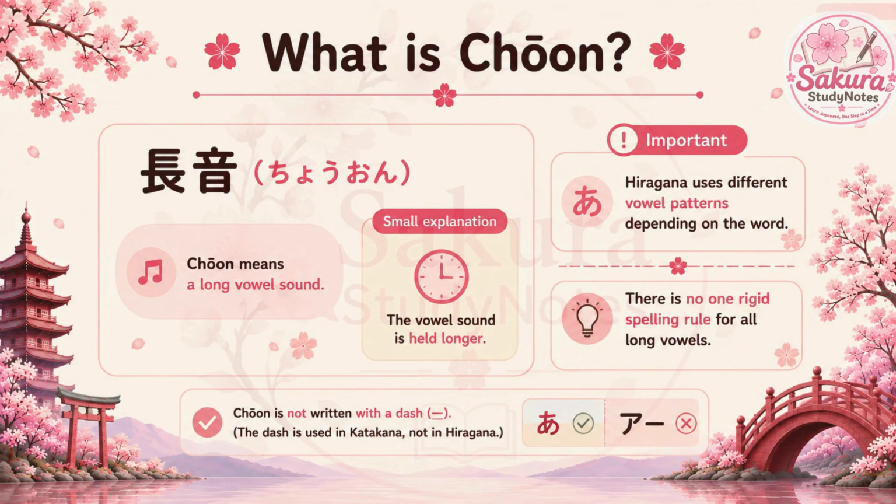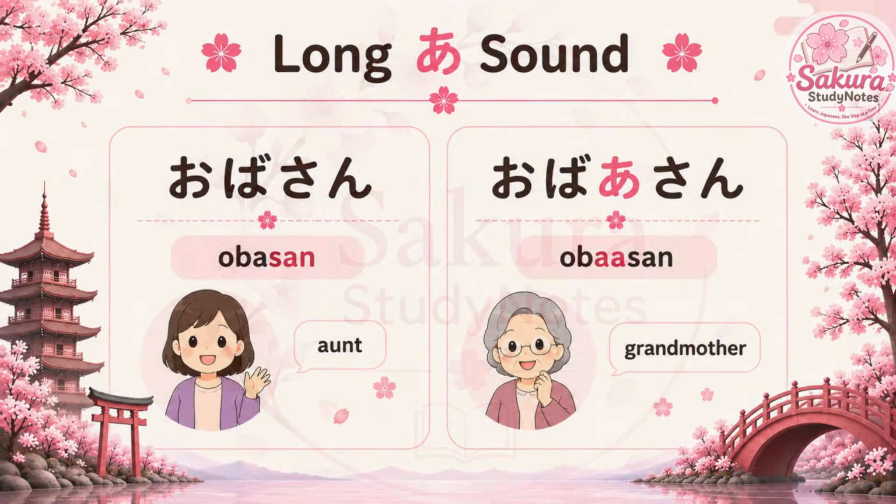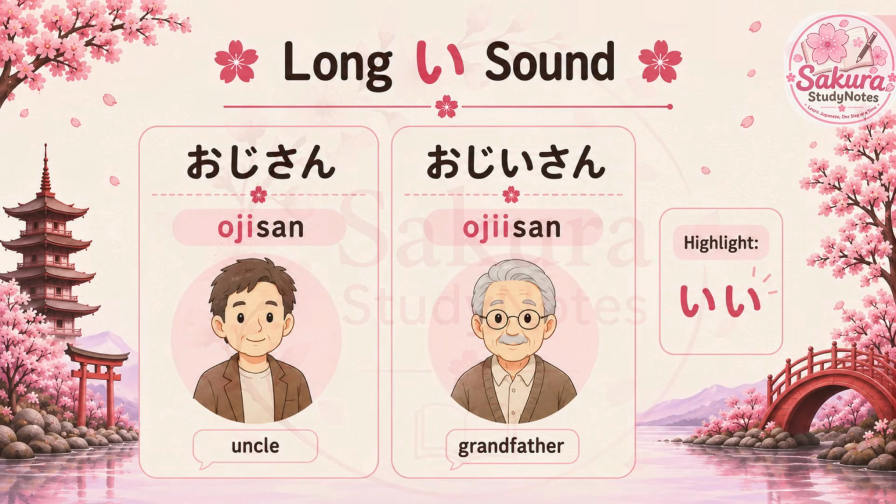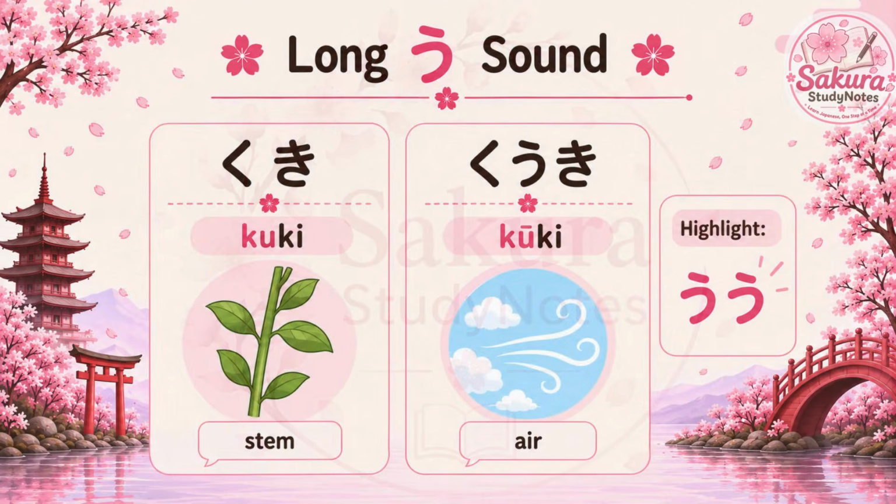Finally, we moved on to Chōon and learned about long vowel sounds in hiragana. We explored the long a sound through examples such as おばさん and おばあさん. Next, we looked at the long I sound through おじさん and おじいさん. We then explored the long U sound through 茎 and 空気。